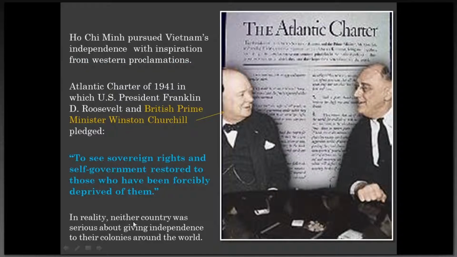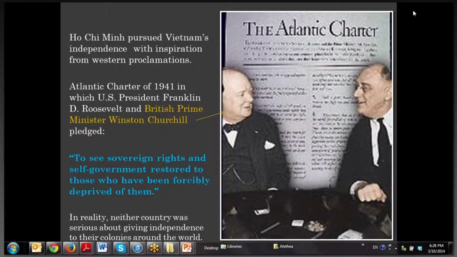Excellent. So Ho Chi Minh pursued Vietnam's independence with inspiration because of Western proclamations, right? The Atlantic Charter, 1941, U.S. President Franklin Delano Roosevelt, British Prime Minister Winston Churchill, they pledged to see sovereign rights and self-government restored to those who have been forcibly deprived of them. That includes Vietnam. In reality, neither country was serious about giving independence to their colonies around the world, and secretly it is said that Winston Churchill